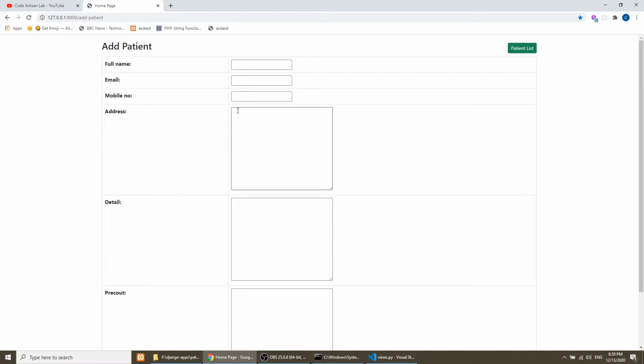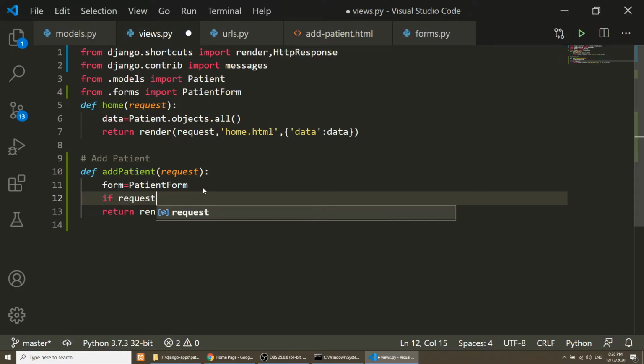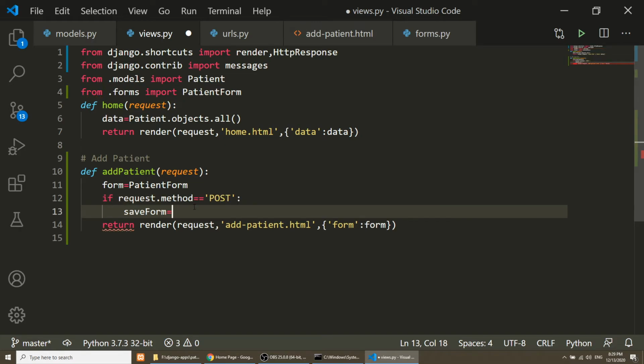So first of all we will check if request is post, because we are doing this thing in same function. By default request is get, but if request is post, then we will get the data. We will get the data in save form variable, and in the patient form, we will pass all the post data.